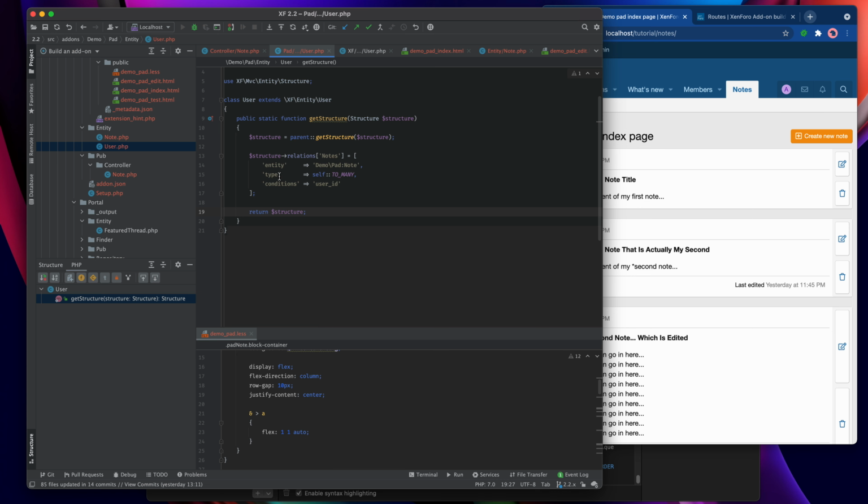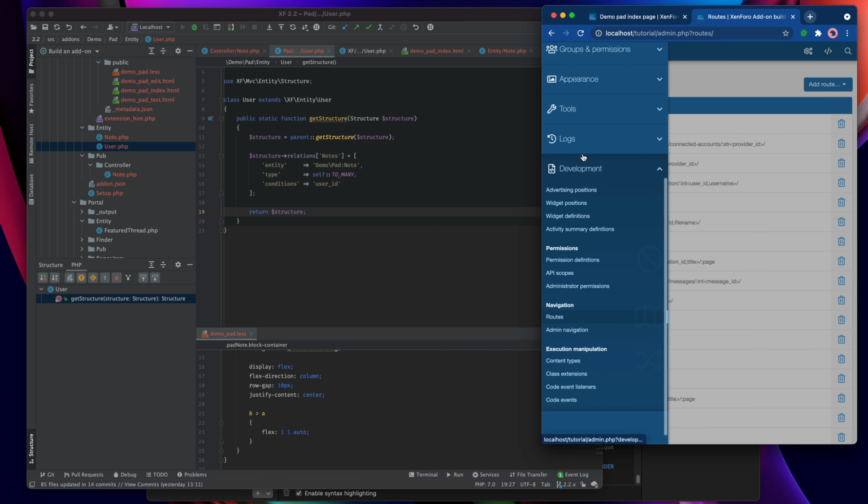Now a quick note about this self to many thing. If you tried to include this notes relation in a with on the Finder, you're going to come up with an error that says that the entity system doesn't support that. Well, what it actually means there is that you can't do a join on that. You can request it specifically, but you can't do a with, because you can't join a single user to multiple notes in this particular case. So while the relation is valuable, it can't be used in the same way as a to-one relationship.